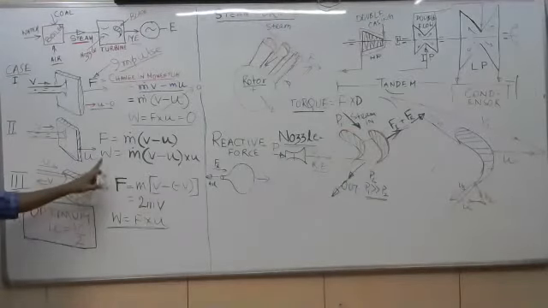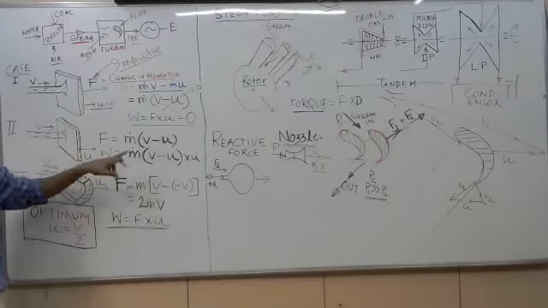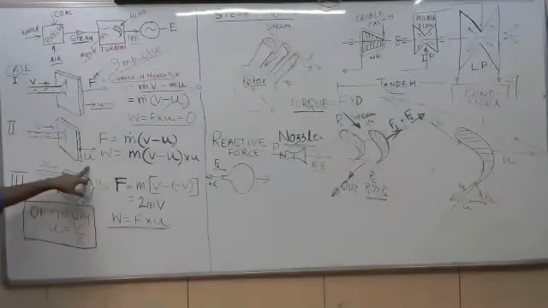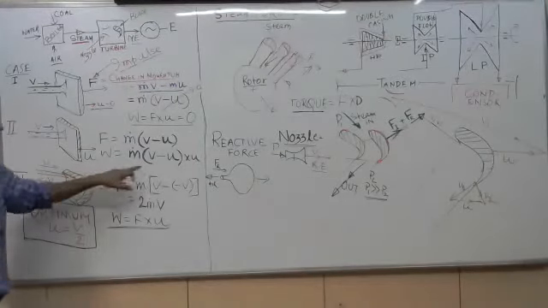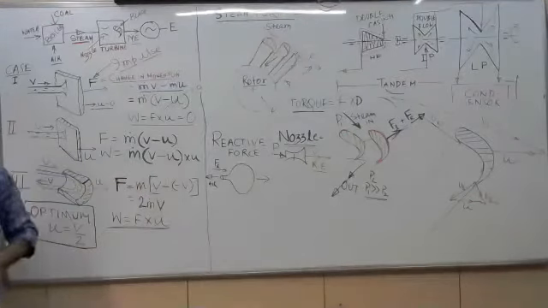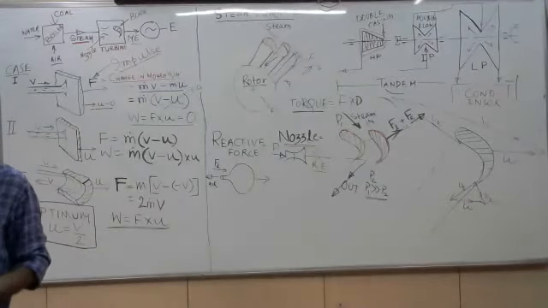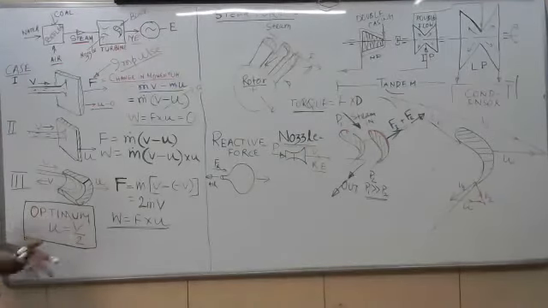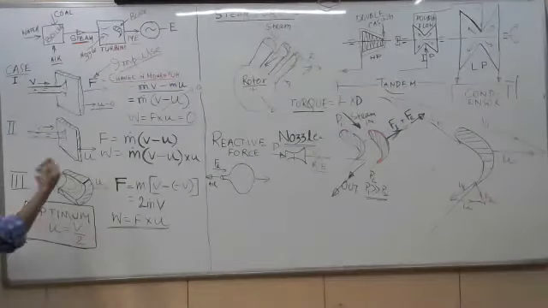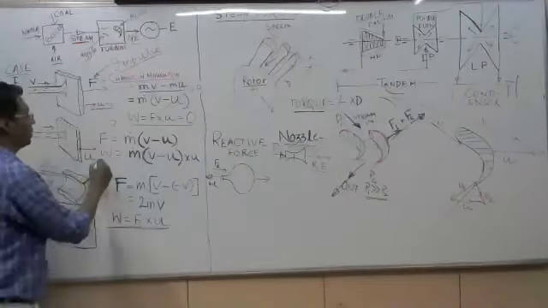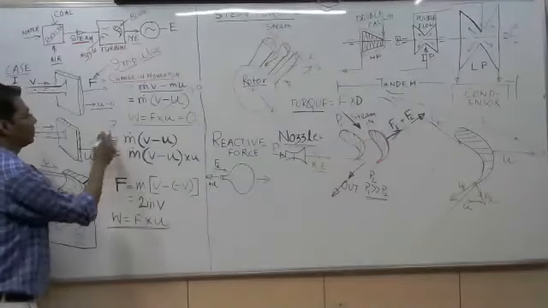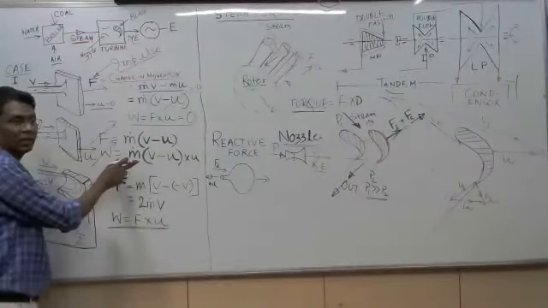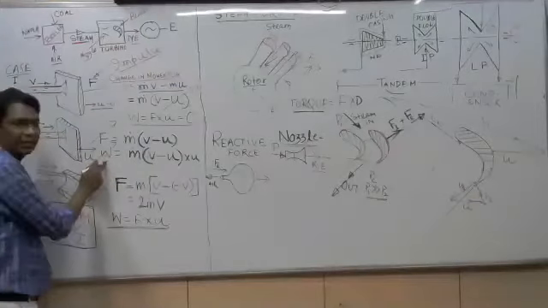So now there is some work output because there is a displacement, some value of u is there. So that is the work output over here. Now our case is to increase the work output. That is our main motive. The kinetic energy should be converted into mechanical energy maximum. So that means we have to maximize this force and work. If we increase the force, that means the work output will increase.